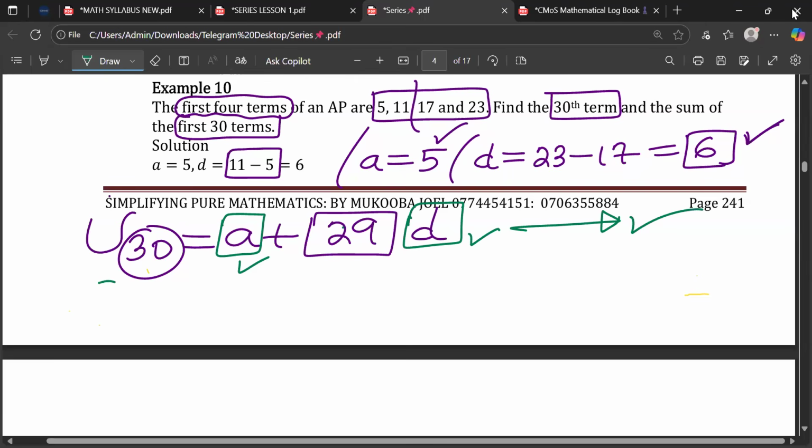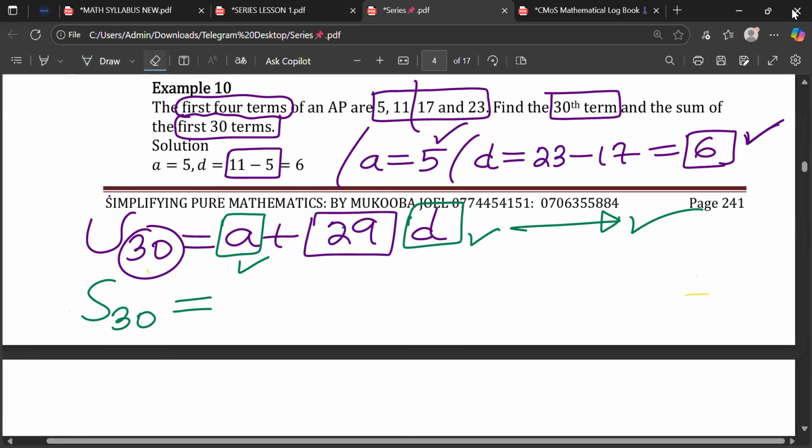They are asking the sum of the first 30 terms. If a person never mastered how these things are denoted, those are the people who will be writing the whole phrase, sum of the first 30 terms. Yet you're supposed to just write S and 30 as the subscript. Then you all know,